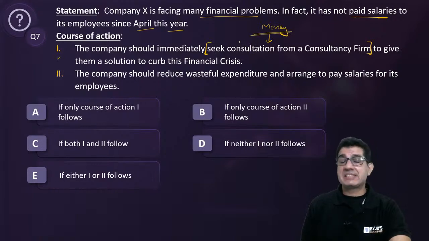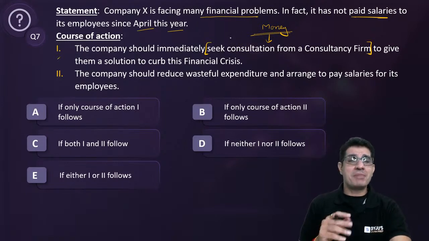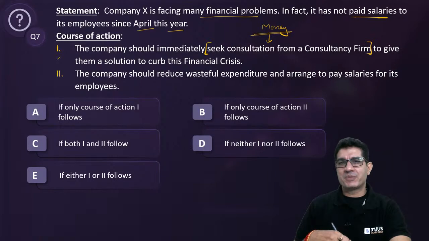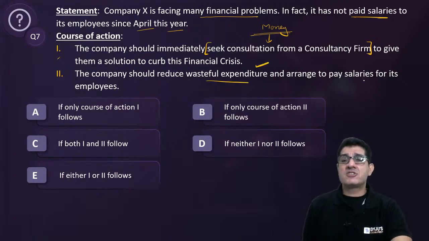and money is something that they don't have. Moreover, a consultancy firm is not a magic wand. It is not that they will be able to come in and definitely help you. And therefore, first does not make sense. They don't even have that money at the moment. Okay, second, should reduce wasteful expenditure? Yes. Arrange to pay salaries? Yes,